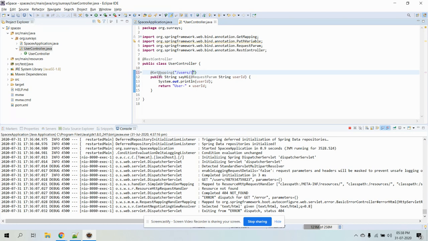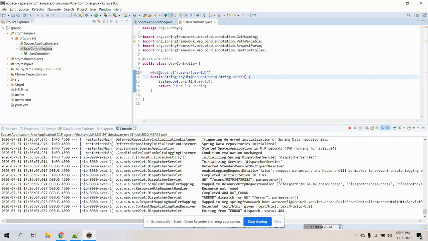To make it dynamic, we need to provide something like this, and inside it we need to give the variable name. So this data is part of the URI, and the dynamic value will be captured here and passed to userId. In this case, the data is coming from the path and it's varying data.